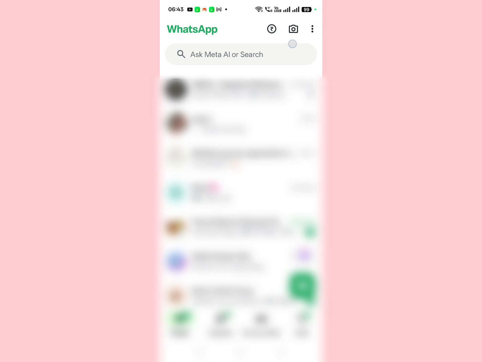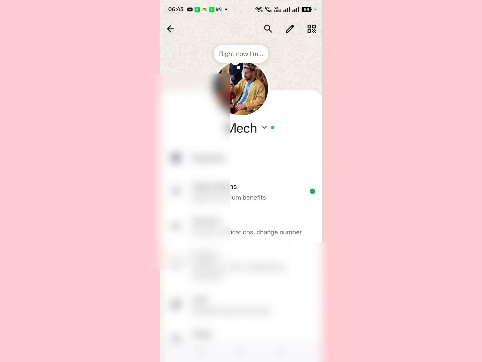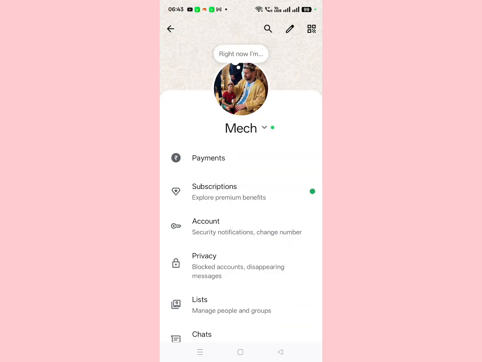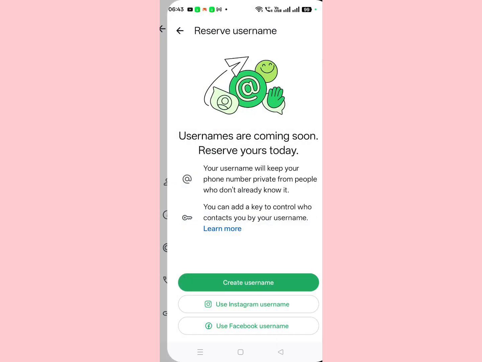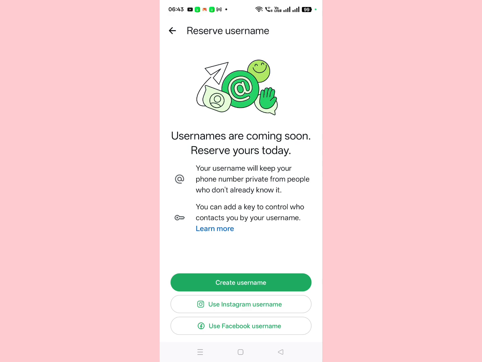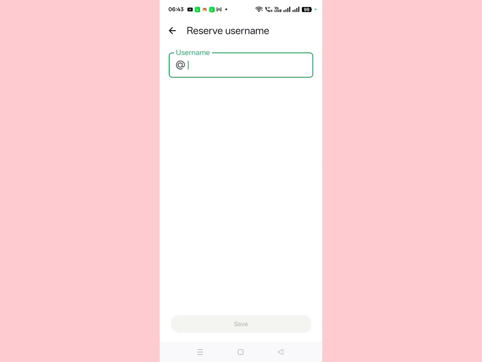three dot on the top right corner, go to settings, and then this type of interface will pop up. Here at the top you can see the pencil icon, the edit icon. Simply click on it, and then guys, you can see here username, reserve username. Simply click on it, and then you can see create username. Just click on create username,